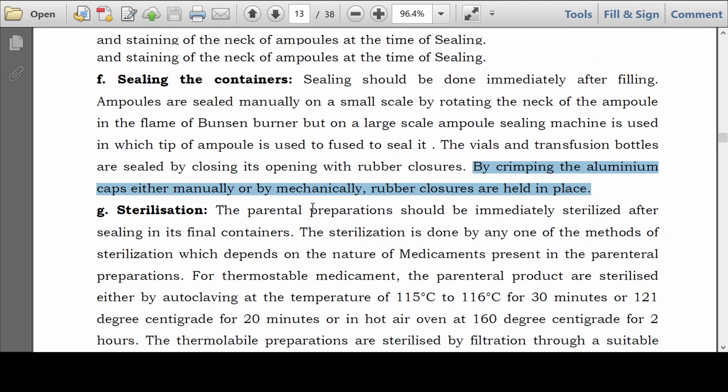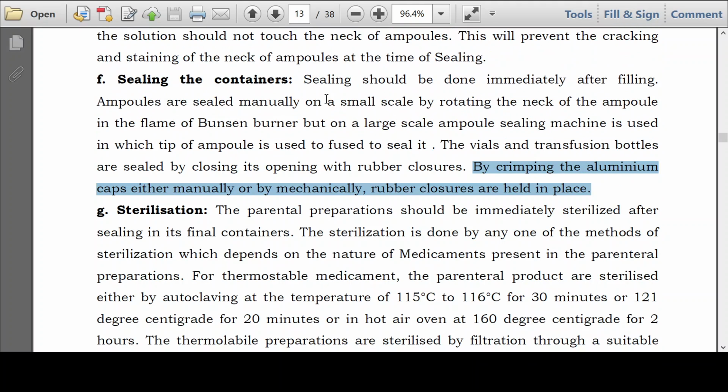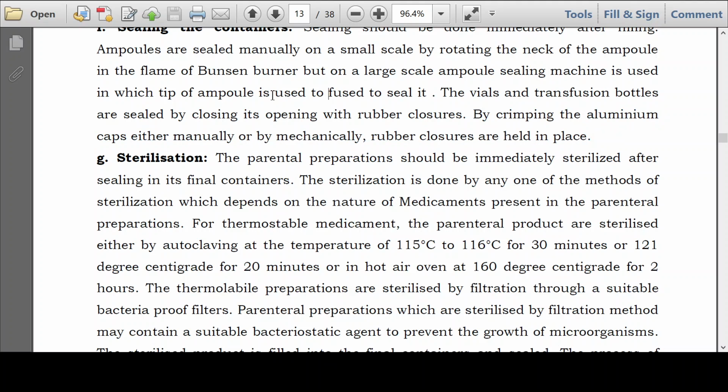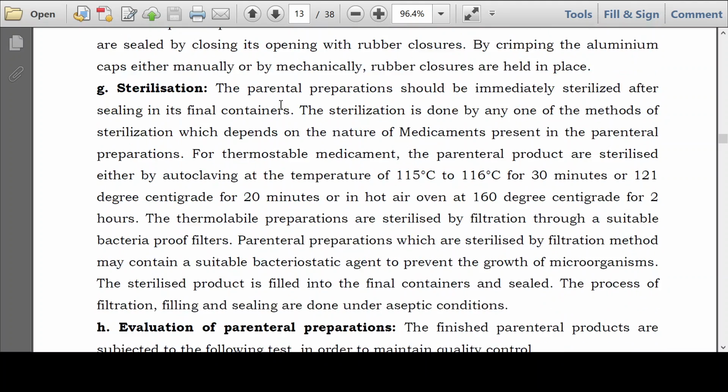So after all these steps, that is manufacturing, filling, sealing, the sterilization is carried out. Such kind of sterilization is called terminal sterilization. The parenteral preparation should be immediately sterilized after sealing in its final containers. The sterilization is done by any one of the methods of sterilization, which depends upon the nature of medicament present